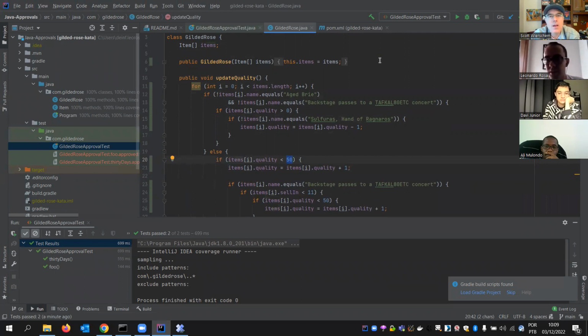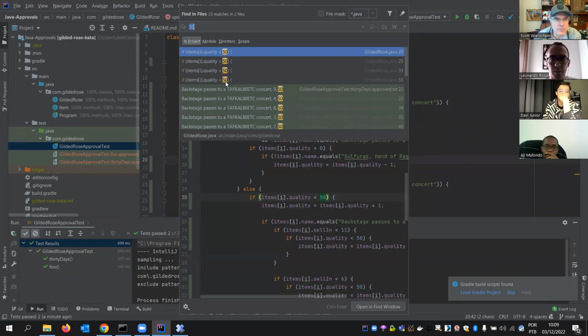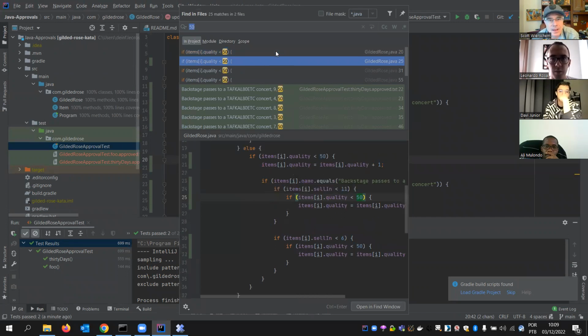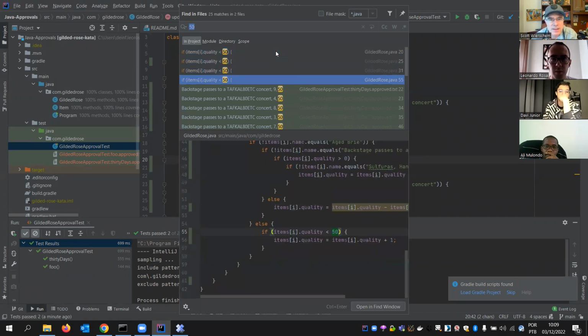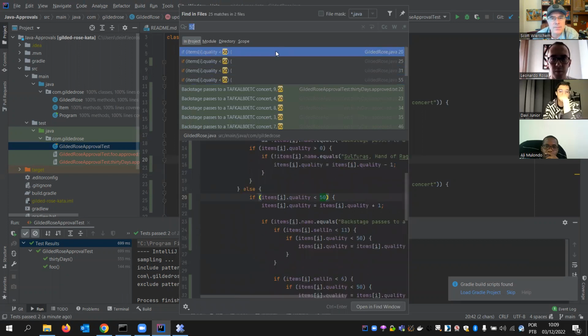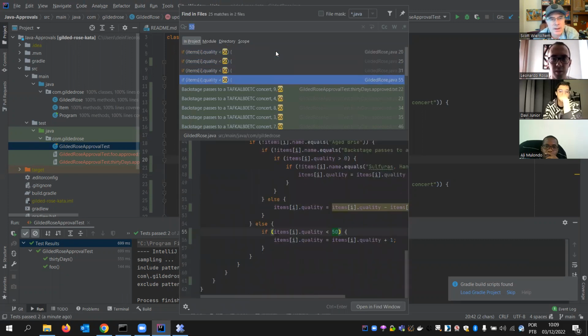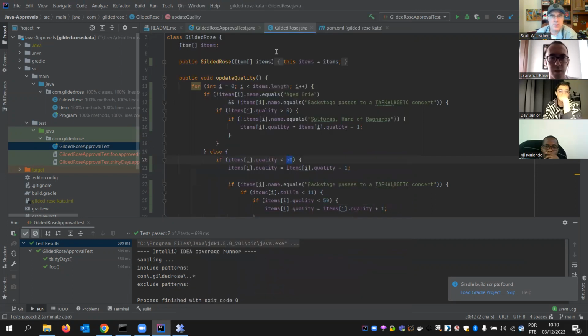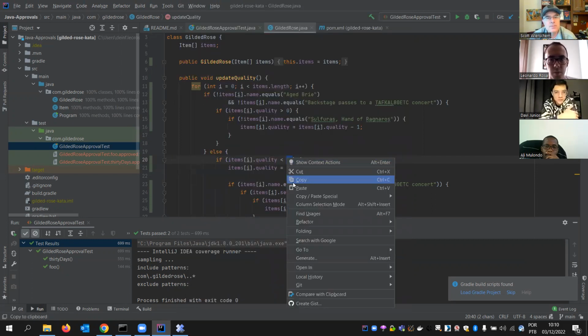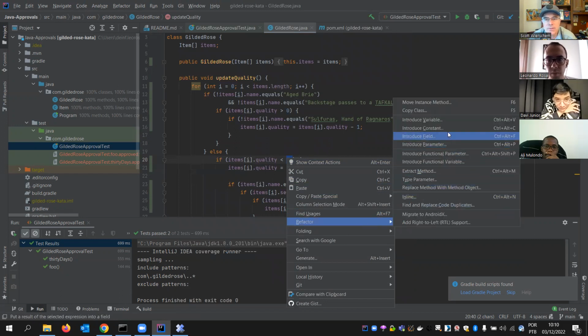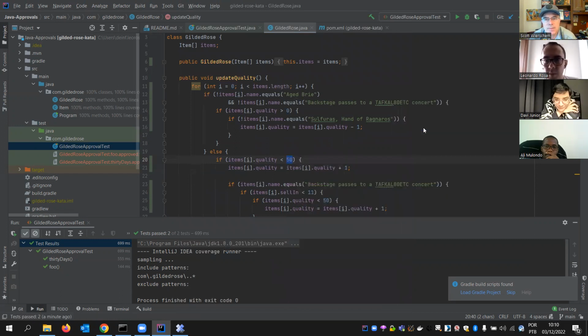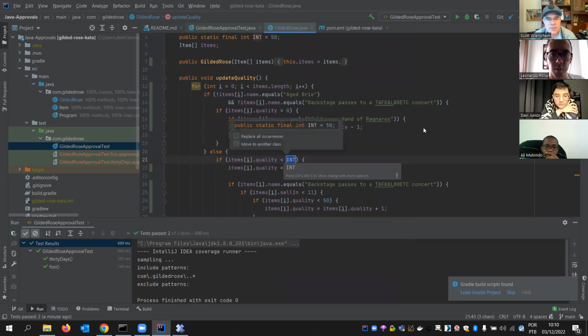Well, let's search through the code for all the 50s and see if they're all a quality value. Every one is a 50. Okay. Quality, yes. And it's always a quality. Okay, so let's create a refactor, introduce a constant, and call it quality 50. Because I don't know what a quality of 50 means, but